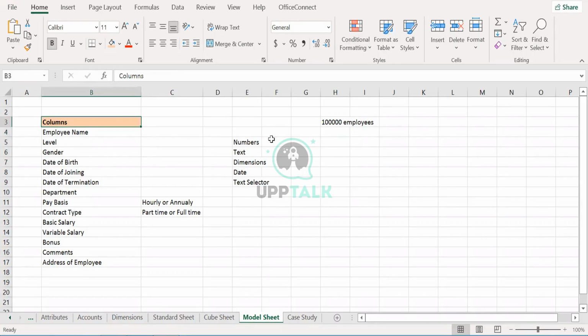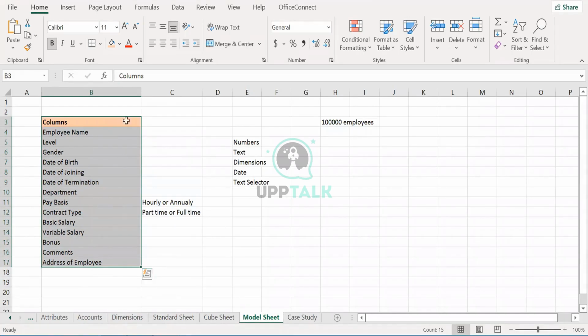Obviously, this data is secure. How you can make this particular sheet a secure sheet applicable only for a few users, you will study later. But before going into that, you need to understand what type of model needs to be built for certain requirements. Now we are going to build one model sheet in Adaptive, and we will have these columns mentioned in there. Then we will build certain model accounts in the sheet so that we understand how the front end of the model sheet looks and what needs to be done in the back end of the model sheet.